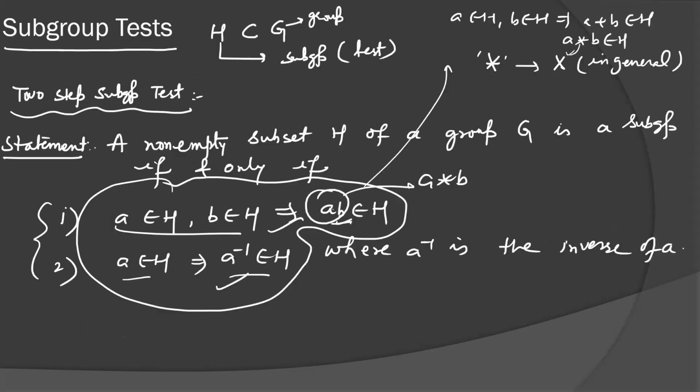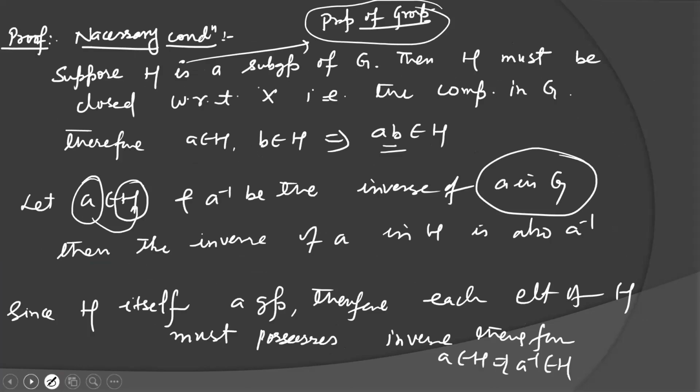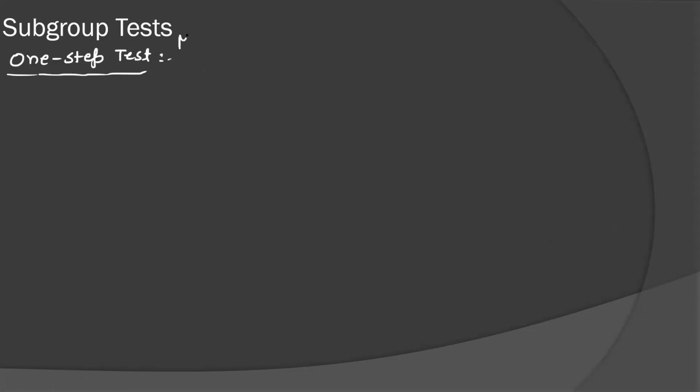Next property is actually the subgroup test, the one step test. What is the one step test? Let's see. Similarly, you can check the one step test also. This is most important. It is asked several times in AKTU exams. One step test is the most important, and follow some good books and prove it. I'm giving the statement.